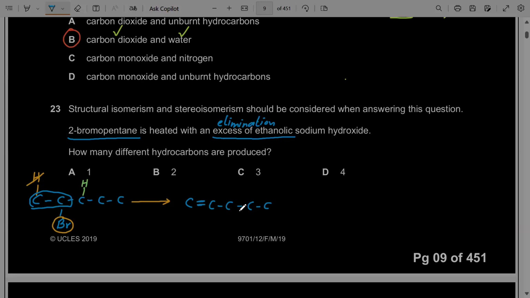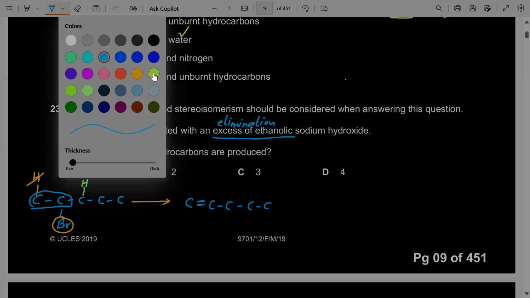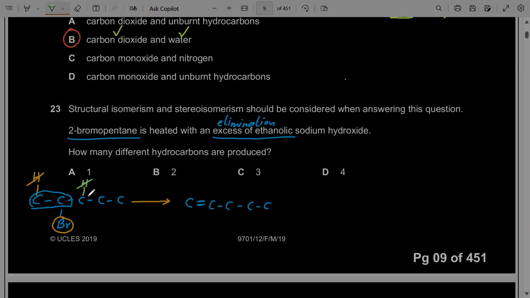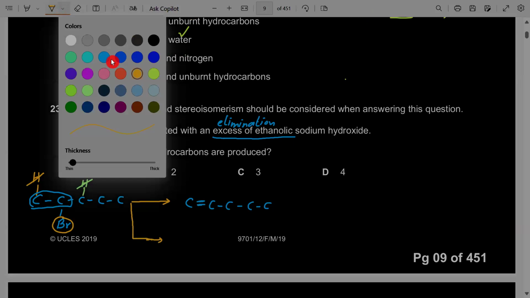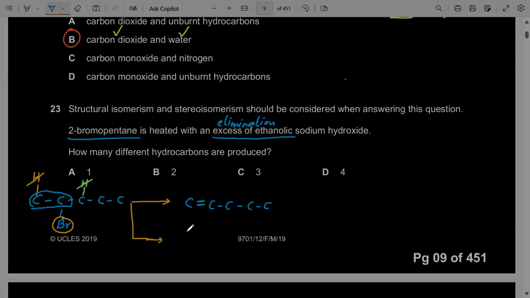But this is not the only case. In the other case, the removal of hydrogen will be from the other carbon atom, along with the removal of bromine. So I can say that in this case, the structure formed will be shown like this: carbon, carbon,